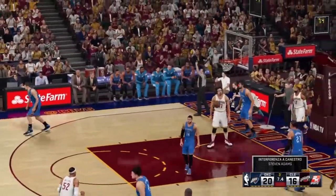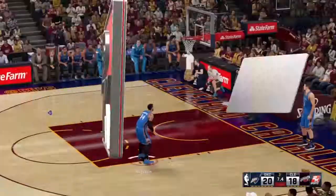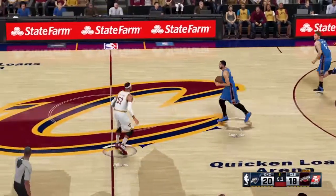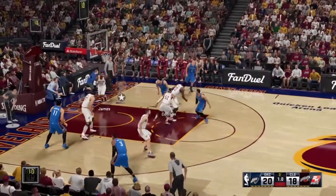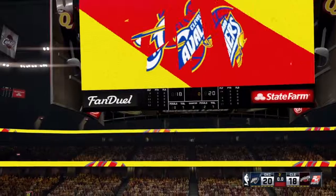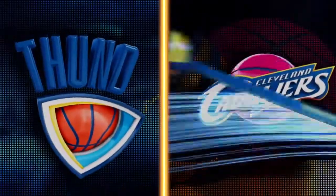And boy, that looked like goaltending. Yes, it is, and so they will award the basket there. He got there late, but you do have to like the aggressiveness to go after the block. But that one's going to count. Here's Collison. No good there. And we just finished the third quarter, and we've got a tight ball game here. It's the Thunder. They lead by 2. And right after this,